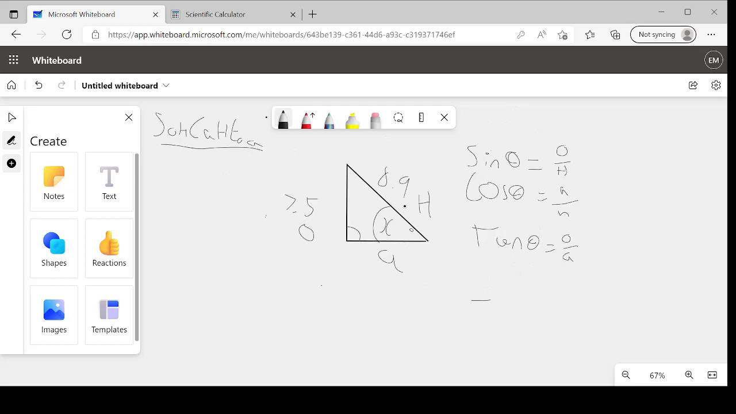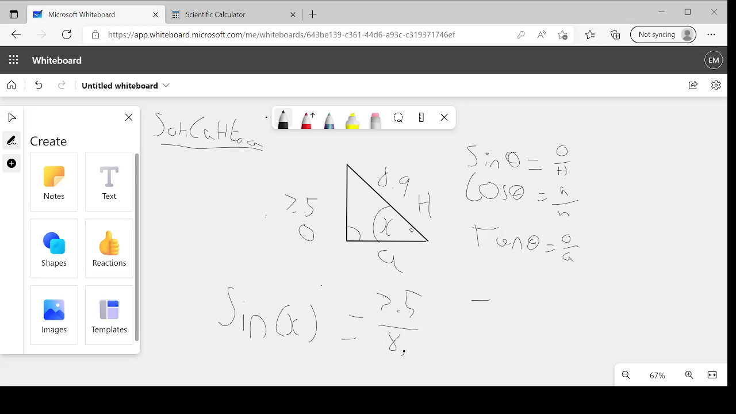Okay, so which equation do we need to use? Let's have a look. We have our opposite here, and we have our hypotenuse here. So we want to use sine. This is the equation for us. Let's write it out. Sine theta, or angle, and that's x in this case, is equal to our opposite 7.5 over our hypotenuse